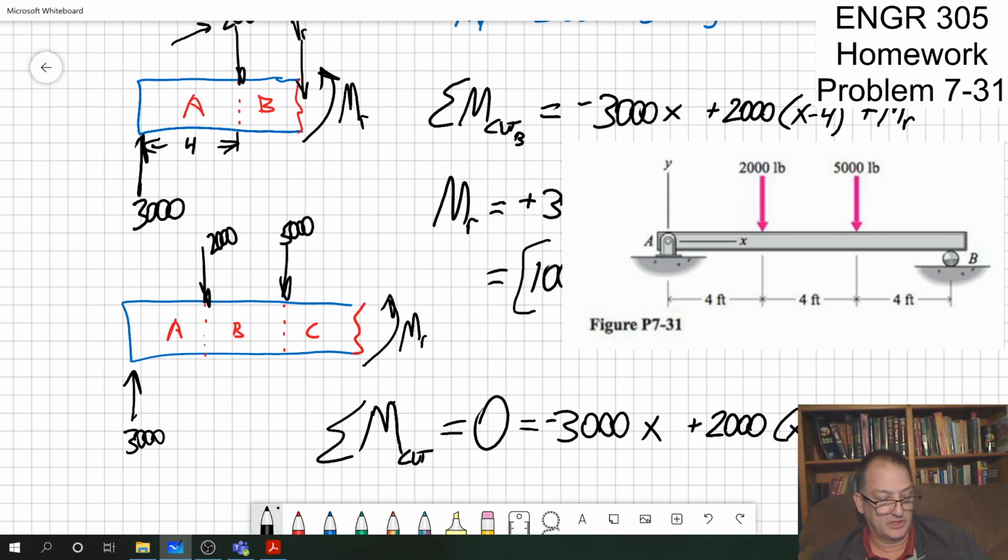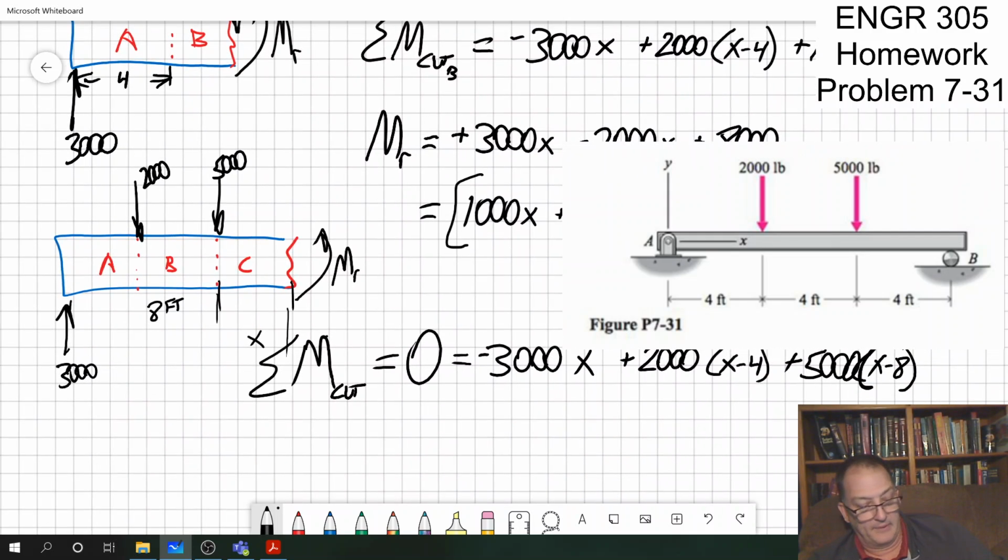It doesn't mean that changed the equation. My distance just grew. So x minus 4 plus 5,000 times x minus 8, because that's where this is now, 8 feet. So the distance from the cut to that is x minus the 8. And then I'm going to slide this over just to give me a little space, plus an MR. So now I'm going to rewrite this MR